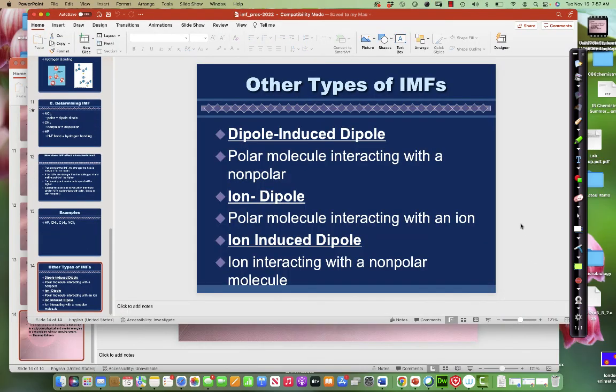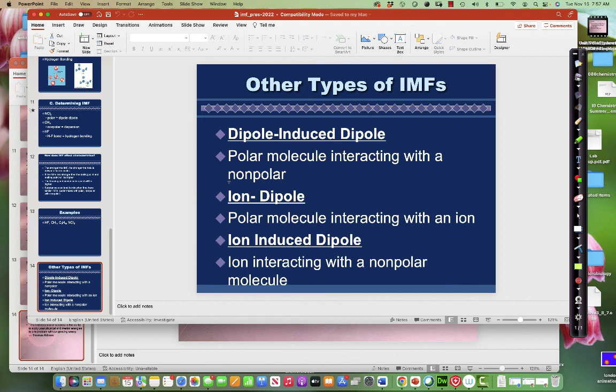All right, so just keep in mind whenever we're talking about these intermolecular forces, every single intermolecular force is a force of attraction. It's just how does that force of attraction happen? With LDF, it makes temporary dipoles, okay? So the temporary dipoles attract temporary dipoles. And a dipole-dipole, so a polar molecule, you have a polar molecule attracting another polar molecule. And then with hydrogen bonding, again, it's a polar molecule attracting another one. It's just a very, very strong